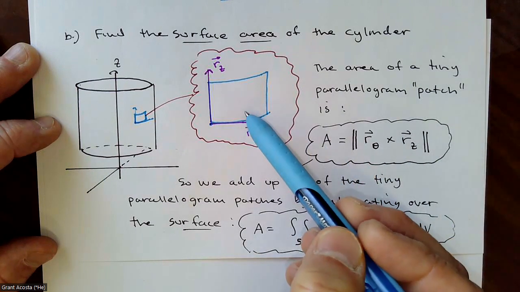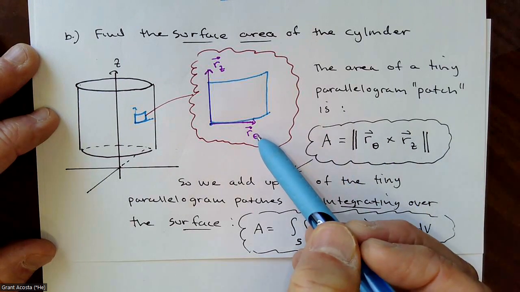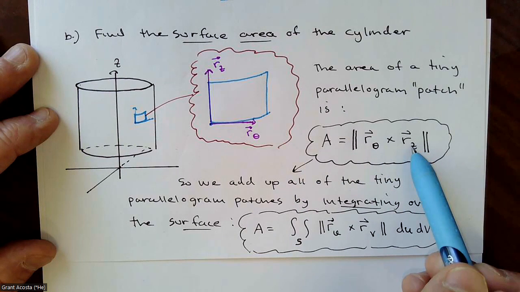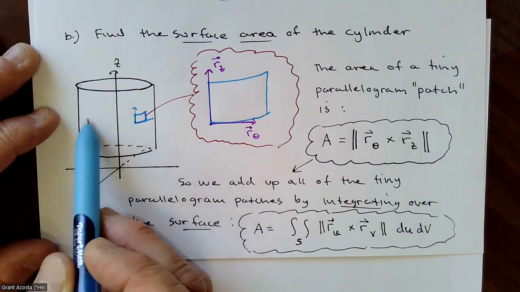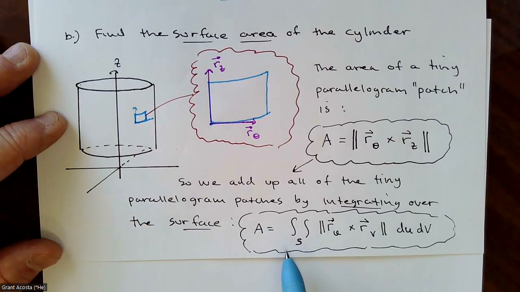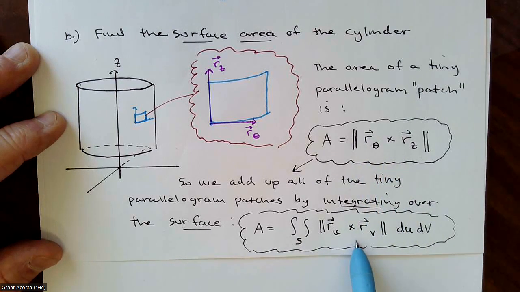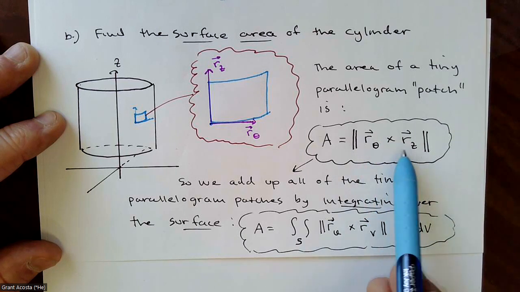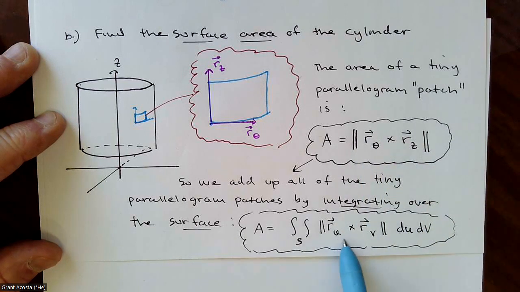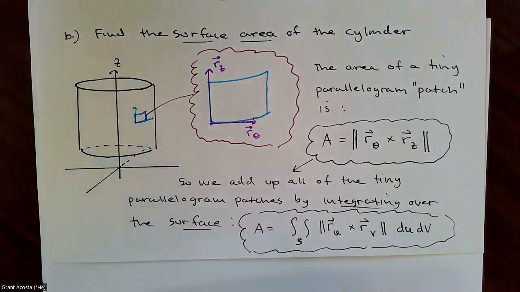Then we know the area of that small little patch from 21C is the magnitude of r sub theta crossed with r sub z. And the idea is we can add up all of the parallelogram patches all around the cylinder. In other words, we can integrate the magnitude of this cross product over the surface. Now I changed the general formula. It doesn't have to be theta and z that we use as our two parameters. So generally we would just have u and v, and you just integrate over the surface. So for this example,